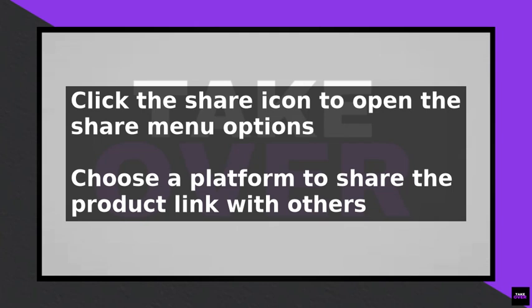If you prefer to copy the link directly, you can do so by selecting the Copy Link option. This will copy the product link to your clipboard, allowing you to paste it into any messaging app, email, or